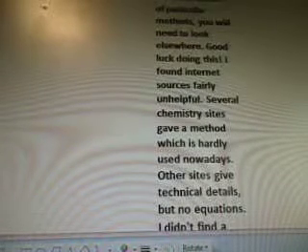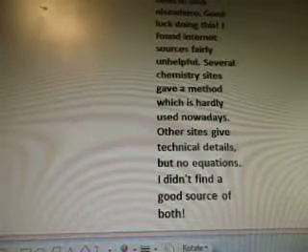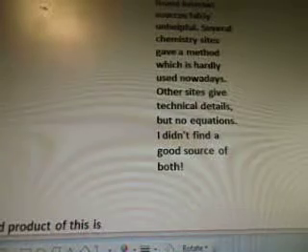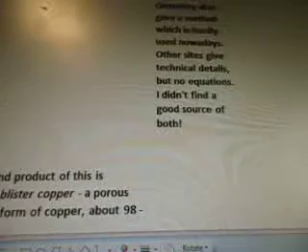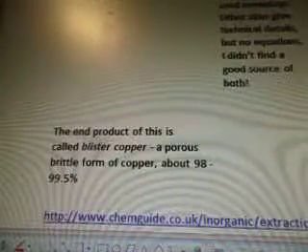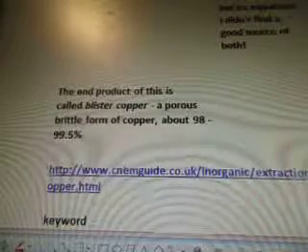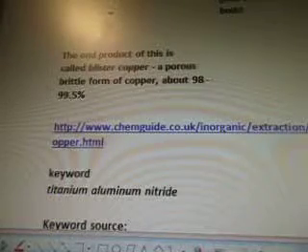Good luck doing this. I found internet sources fairly unhelpful. Several chemistry sites gave a method which is hardly used nowadays. Other sites give technical details but no equations. I didn't find a good source of both. So that's what this blogger says. So the end product of this is called blister copper, a porous, brittle form of copper, about 98 to 99.5%. And this was from